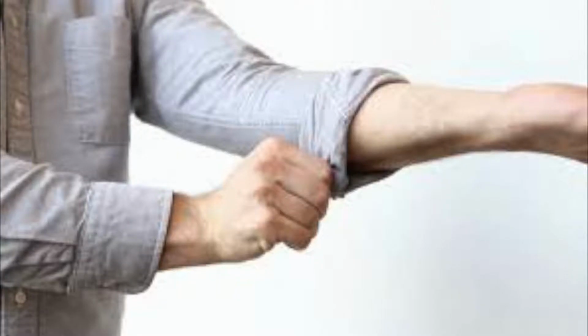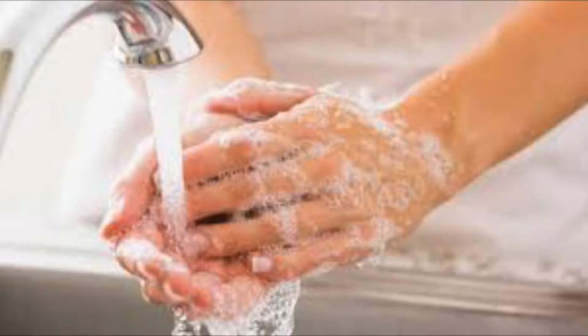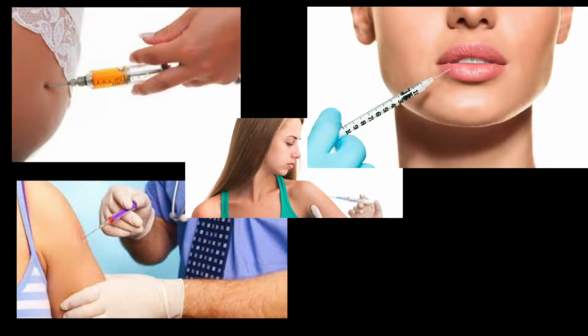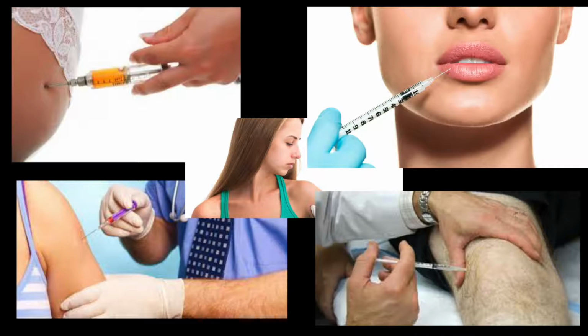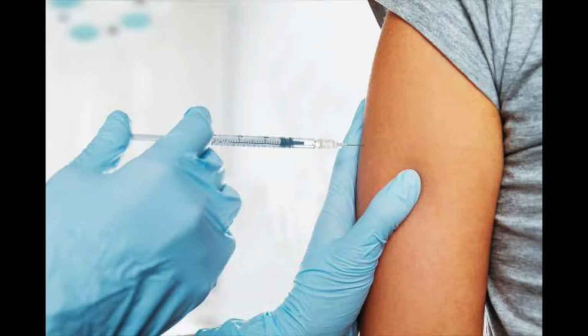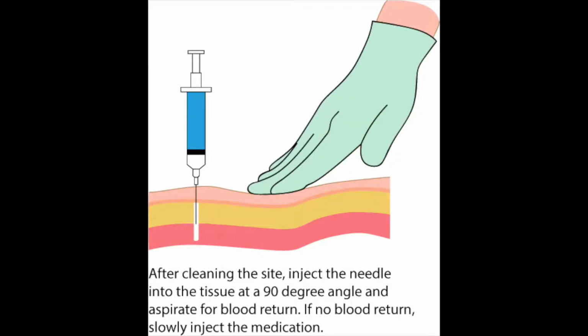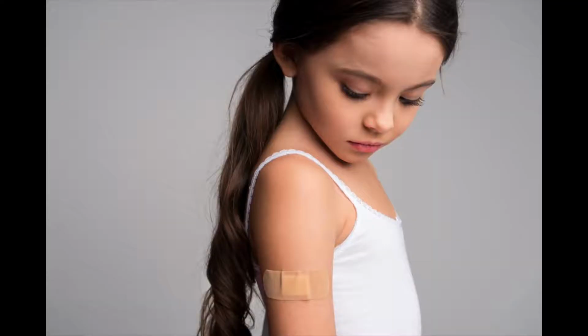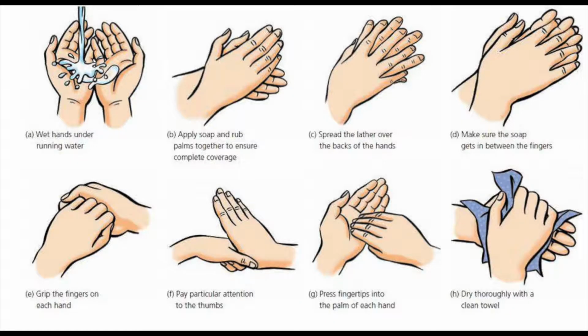"Right. Then if you're ready to proceed, I'll ask you to roll up your sleeve on the left while I wash my hands and get some gloves. This injection will be like other injections you've probably had in the past. I'll clean the area with some alcohol, insert the needle, withdraw the plunger to check for placement, and then inject the medicine. Once it's all in, I'll remove the needle and cover with a Band-Aid. Any questions?" The medical assistant should demonstrate knowledge of infection control standards in patient care by washing hands before